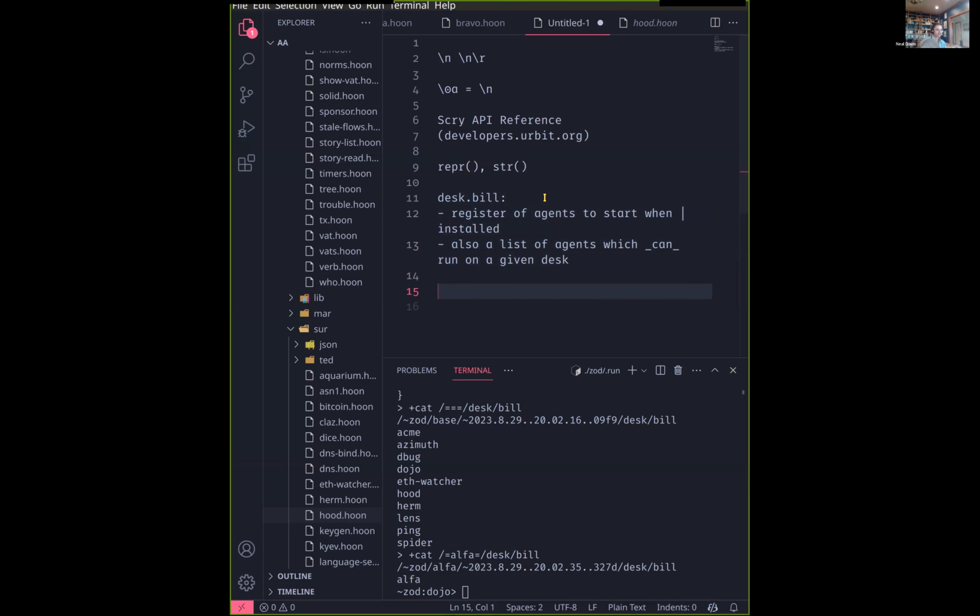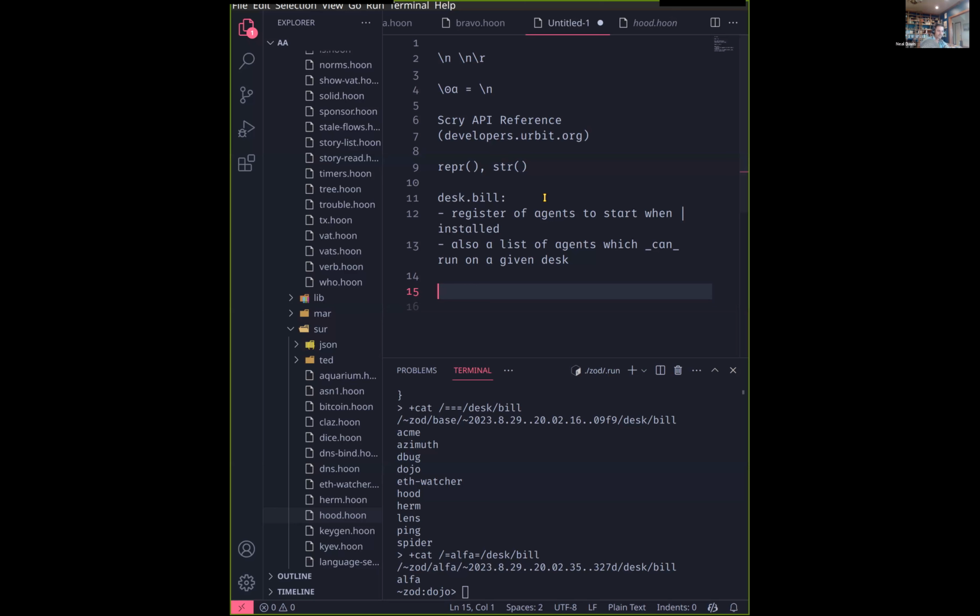If you want to run an agent on a desk and it's not in desk.bill, you can't actually start it in Gall. Right now, that's a hard limit. So desk.bill is considered a mandatory file when you're doing this kind of